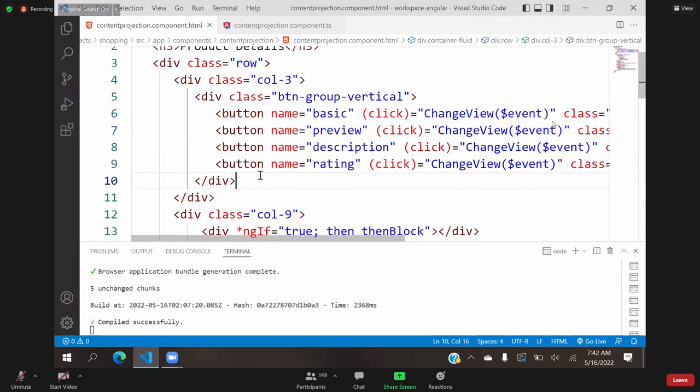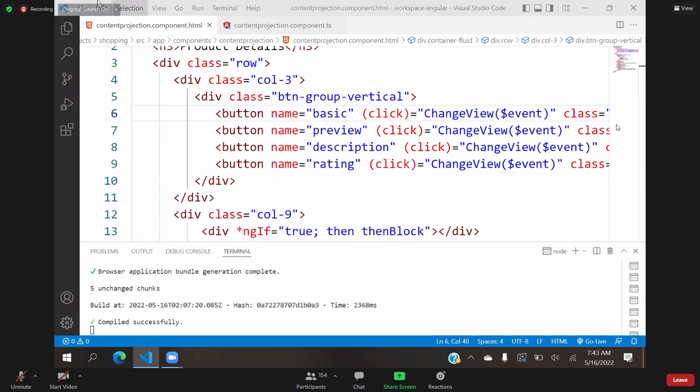So after understanding content projection,